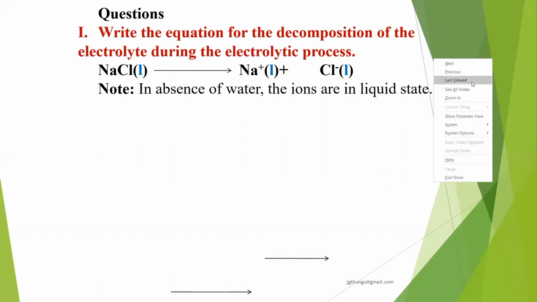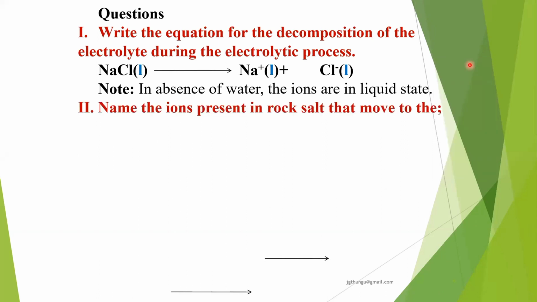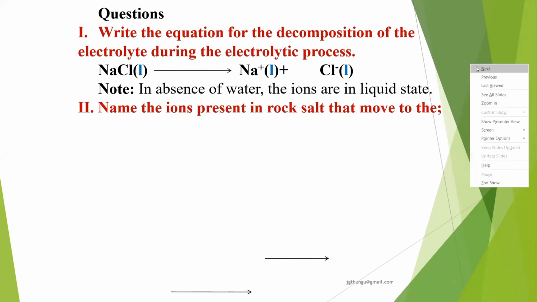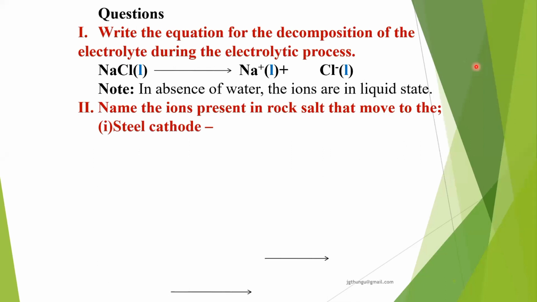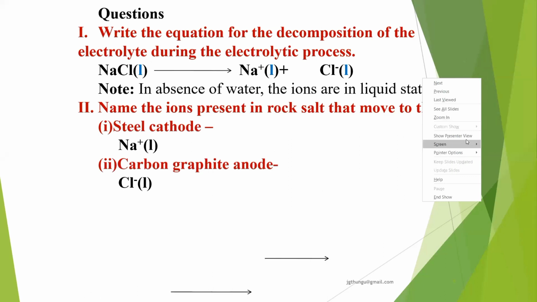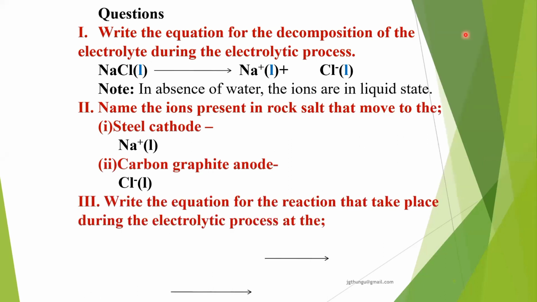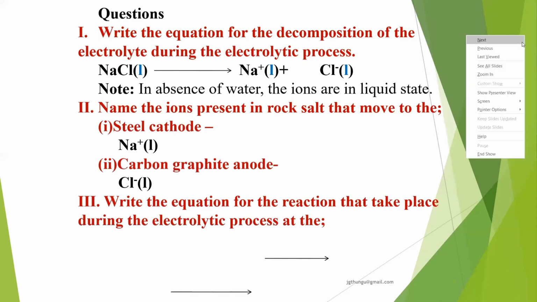Then the two ions that are there move to the electrodes: sodium to the steel cathode, and chloride to the carbon graphite anode. Then we are supposed to write the equations. So kindly